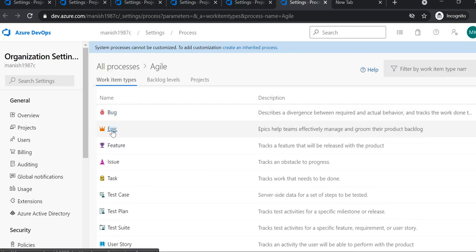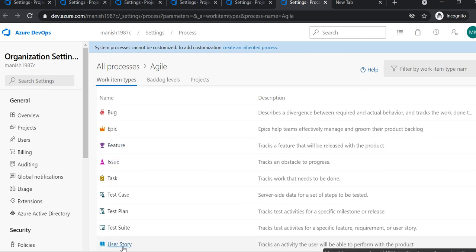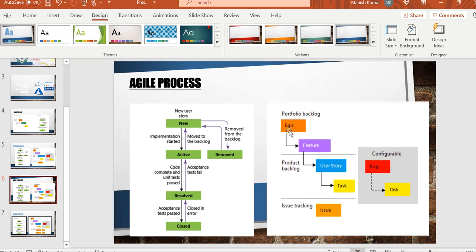Now you will see epic and feature, but there are no PBIs. Inside Agile you will not see PBIs, you will see epics and features, and then you can create your task, or user story basically. So epic, feature, and then user story. First you create an epic, then a feature, and then a user story.